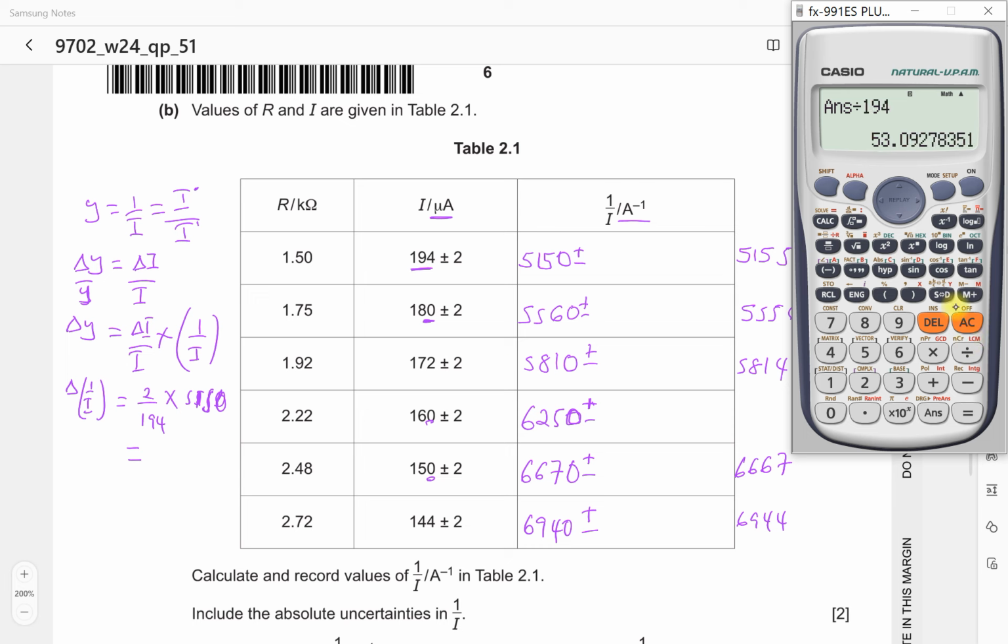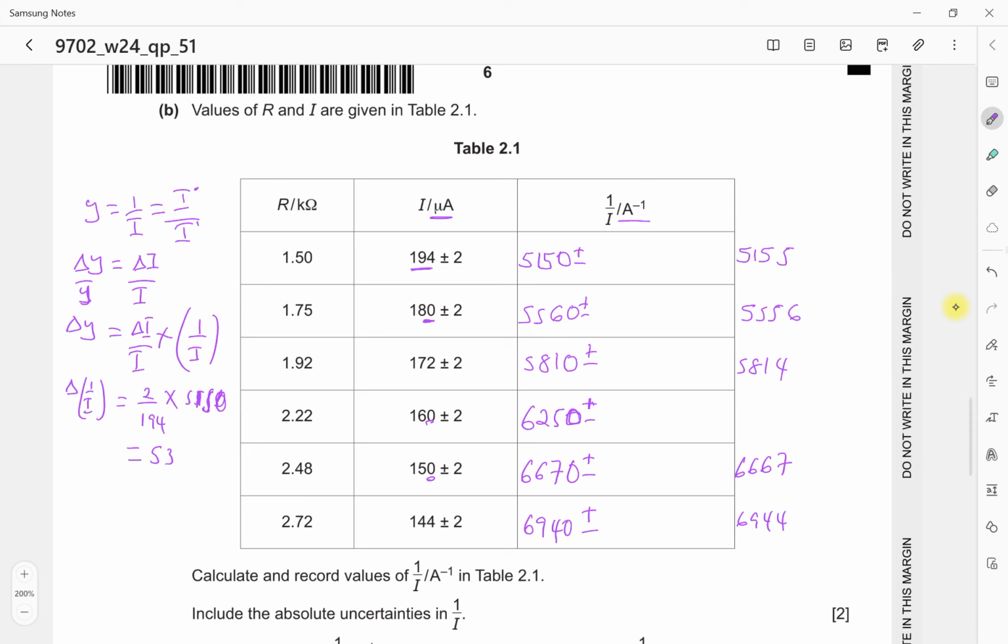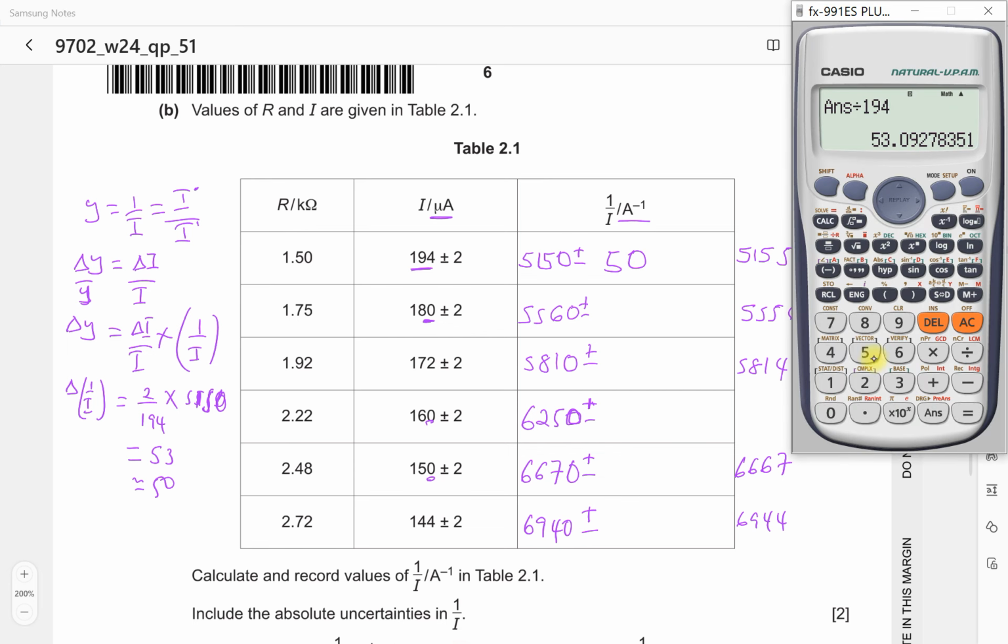So that is 53, which is approximately 50. So this will be plus or minus 50. So I'll just use the same formula for the rest. Absolute is 2 times